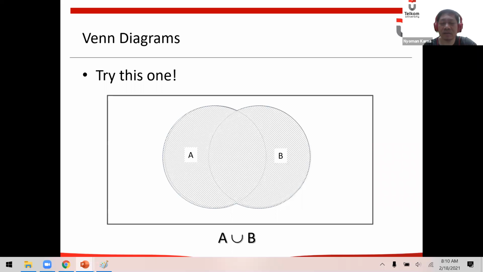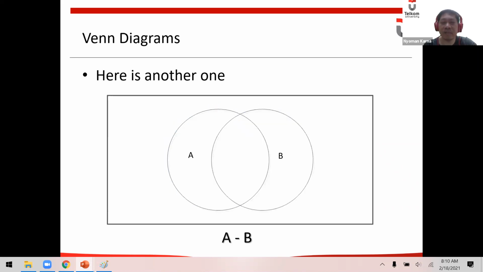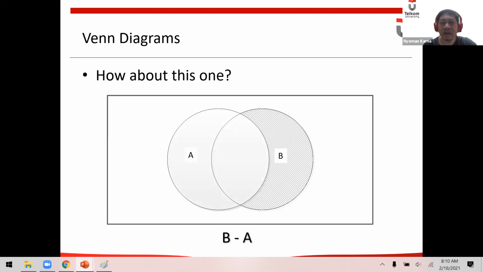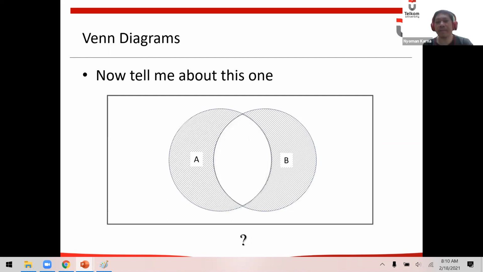It's this one, all the members of A and also the members of B. What is A minus B? It's this one. And what is B minus A? It's this one. How about this one? Anyone?